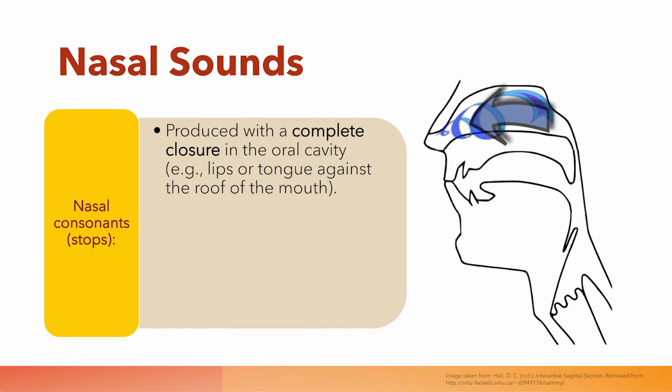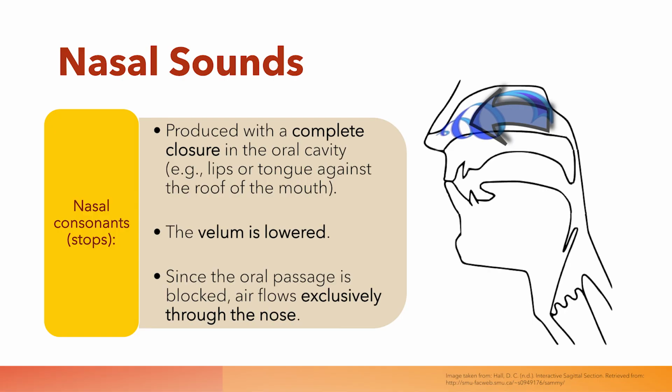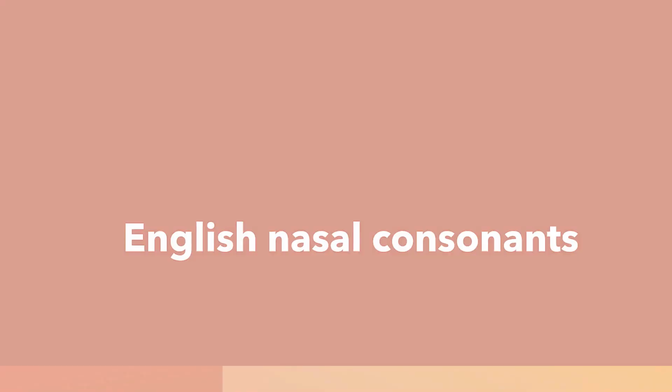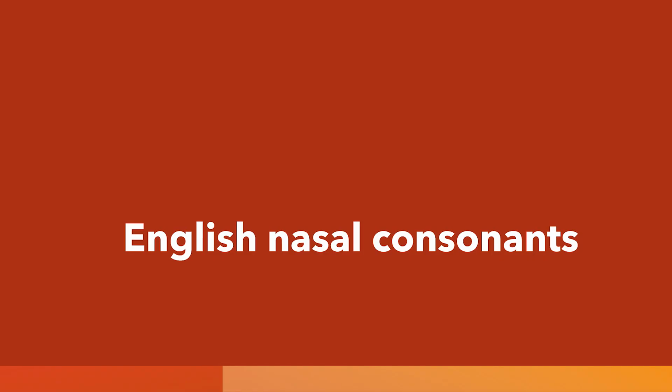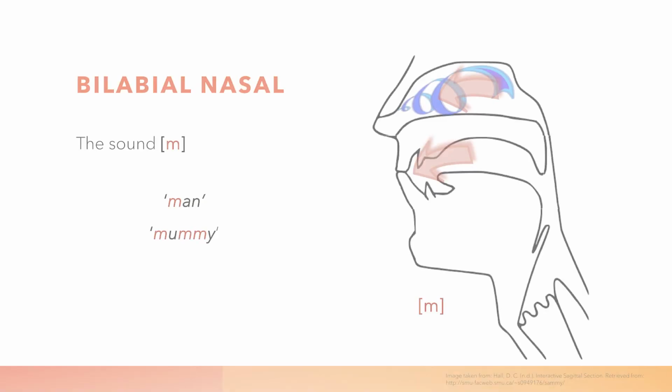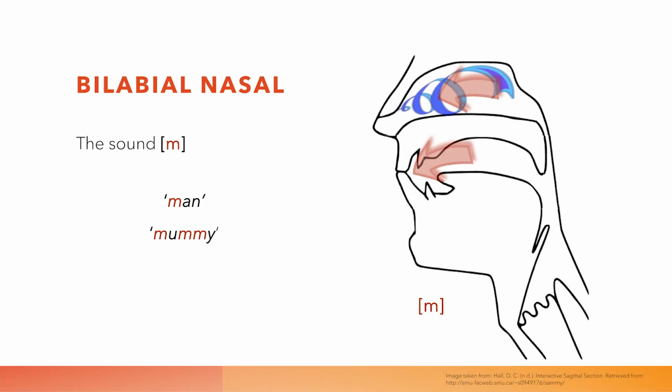Nasal consonants, often called nasal stops. These are produced with a complete closure in the oral cavity, that is, by the lips or the tongue against the roof of the mouth, while the velum is lowered. Because the oral passage is completely blocked, the air cannot escape through the mouth and instead flows exclusively through the nose. In English, the most common nasal consonants are m as in man or mummy, produced with bilabial closure, meaning